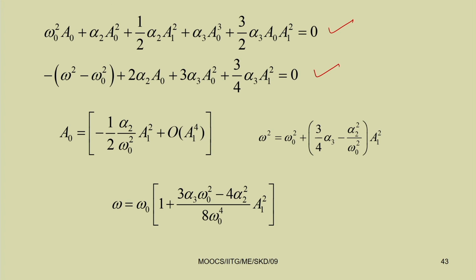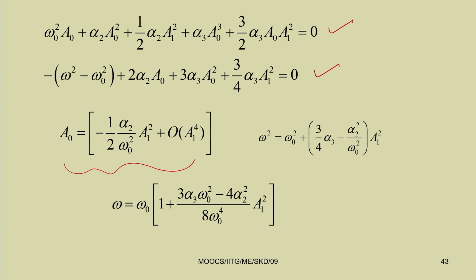So, from this expression, a 0 and a 1 are unknown terms, and we can get a 0 and a 1 from it. Here we can write a 0 in terms of a 1. For example, this is a 0, and this a 0 can be written in terms of a 1 this way.